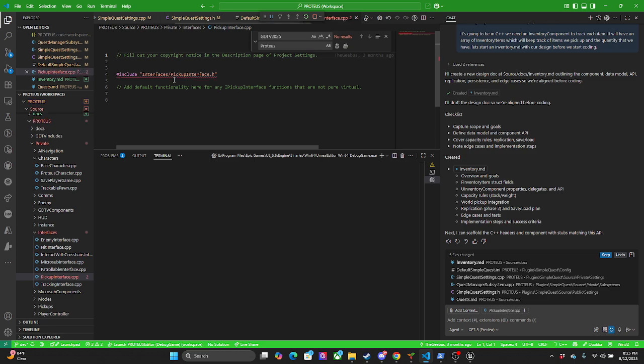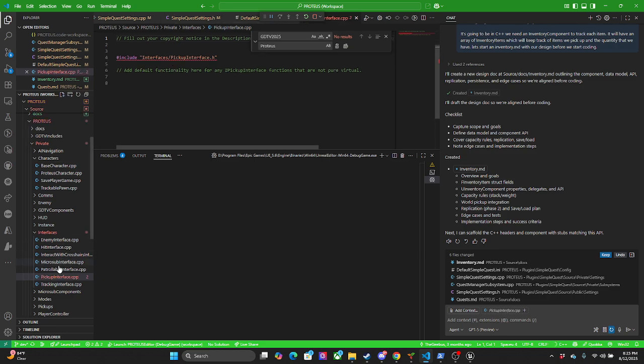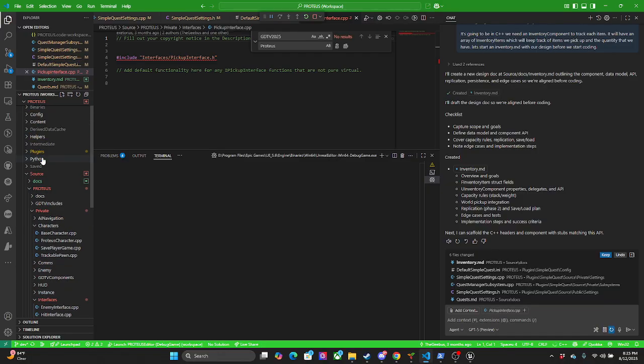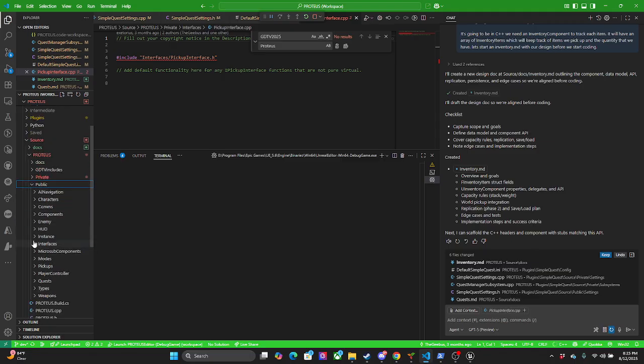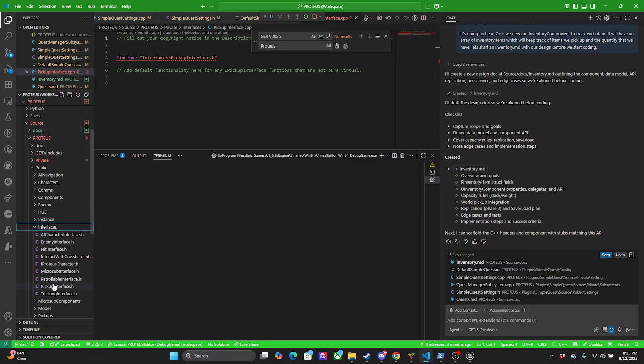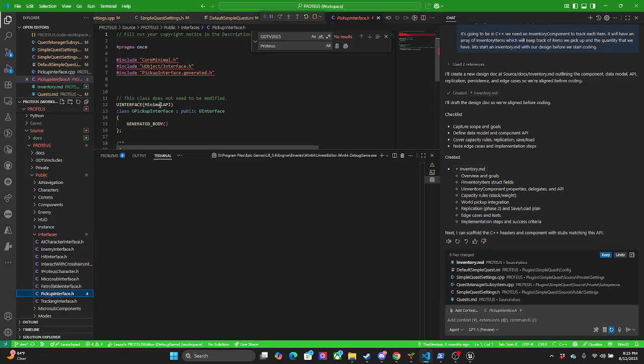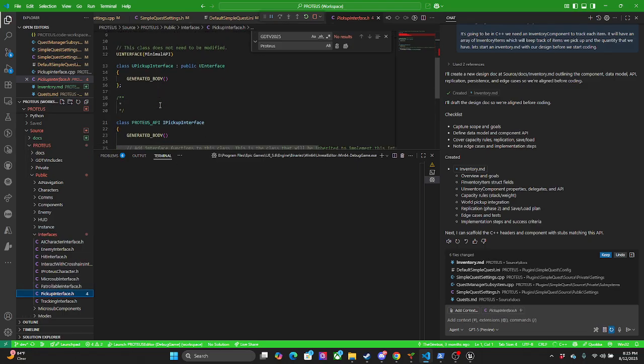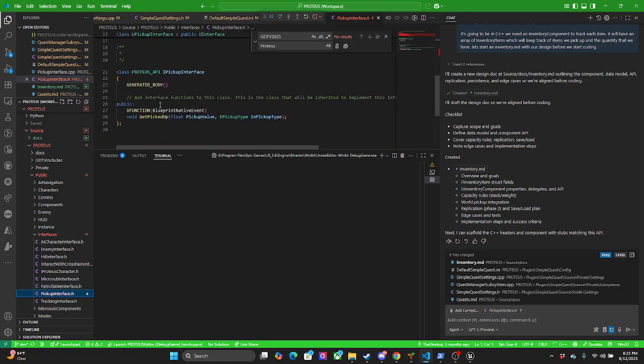It includes the header, so you don't implement anything on the interface. So I'm in the private folder. I should be in public. Interfaces. Pickup. All right. So we're going to get picked up. We got a blueprint event.